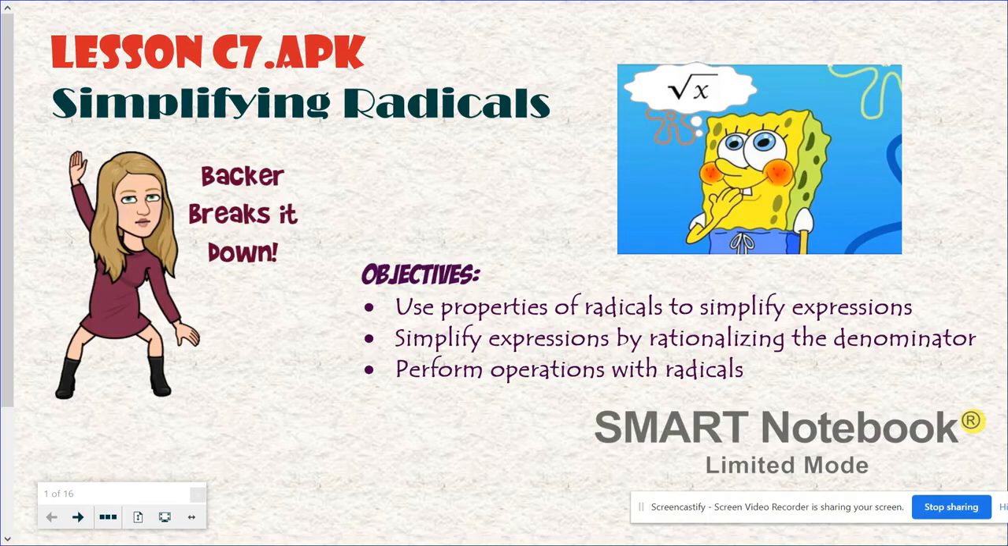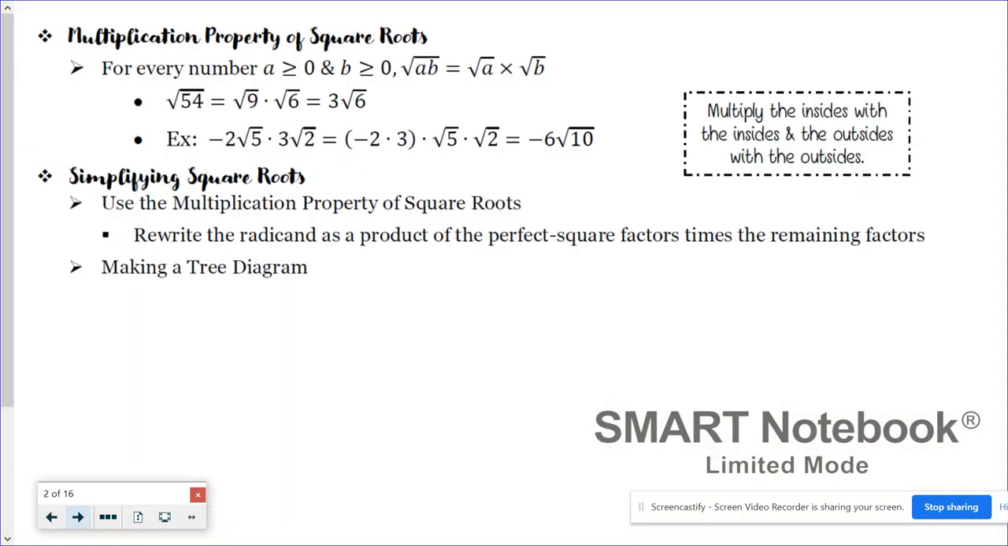In today's episode, we are going to simplify radicals, focusing on square roots. We're going to look at two methods for how we can do this, okay? So let's get started. One way that you can simplify a square root is to use the multiplication property